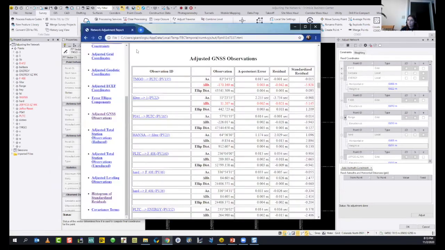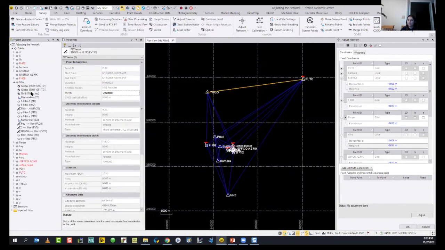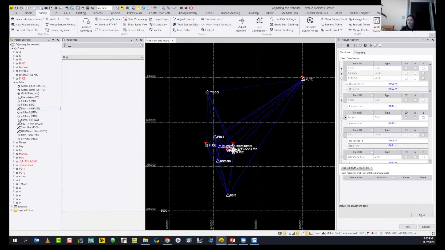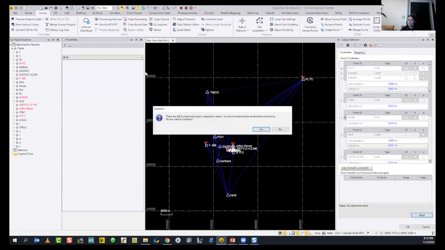So if I come back to my report, I know that another point, filter to 5, also exceeds. I can go to filter to 5, and I say disable. I have already cleared my adjustment. You can also clear from your bar under the adjust network menu. So you can clear your results and then readjust.